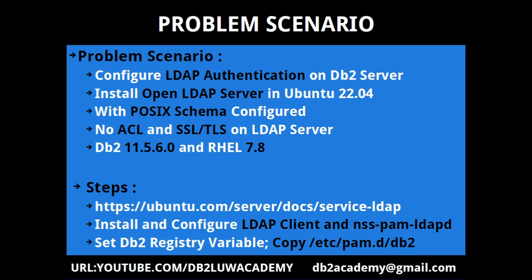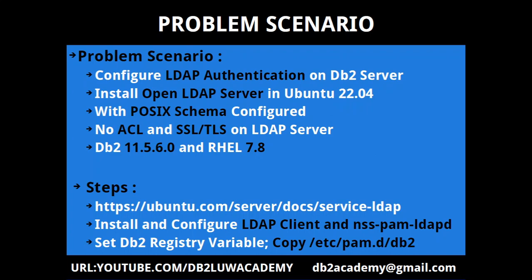For example, our Db2 server here is an RHEL machine 7.8. Db2 version 11.5.6.0 is installed on it, and we will install OpenLDAP server on an Ubuntu machine 22.04. If you want to install the OpenLDAP server, I would suggest don't go for an RHEL version, go for the Ubuntu LDAP combination, because it comes with a lot of pre-configuration, like the POSIX schema is pre-configured,